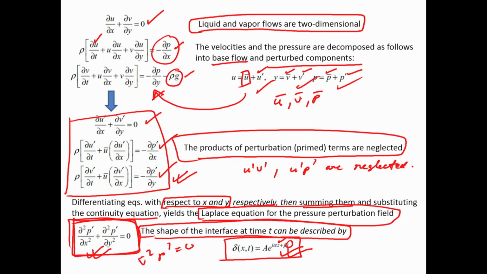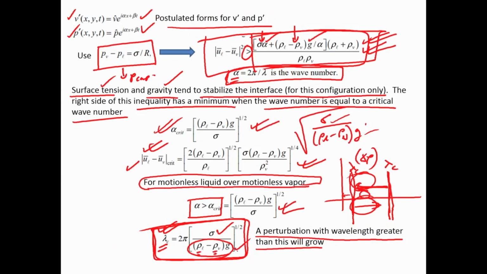and then if we differentiate the equations and do some math, basically it is just a tool and it is very standard these days. You get a Laplace of the pressure field and then you assume forms of the pressure field and the velocity field, and then you add the interfacial conditions, which is basically nothing but the capillary pressure, and then you can show what the velocity difference should be for a flow to get unstable. And for a motionless configuration, the perturbation needs to have an amplitude which is greater than the